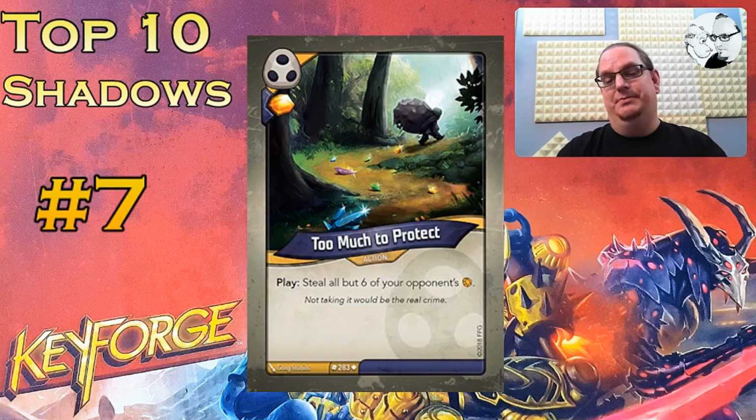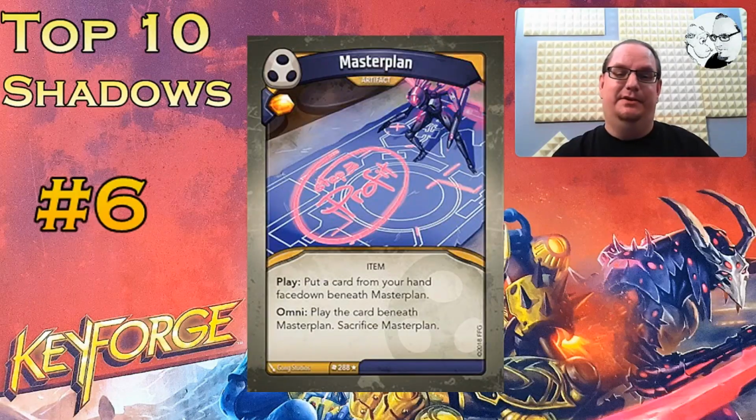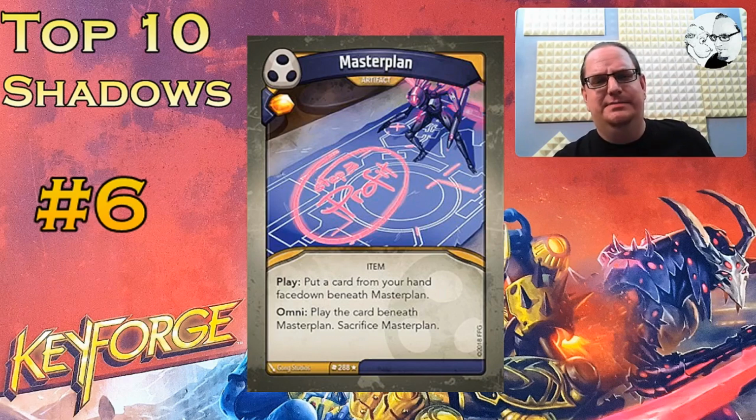But it's a good one, Too Much to Protect. That's my number 7. And for number 6, it's an artifact called Master Plan. Gives you an amber when you play it, and this is a bit special, it's a bit complex, but first